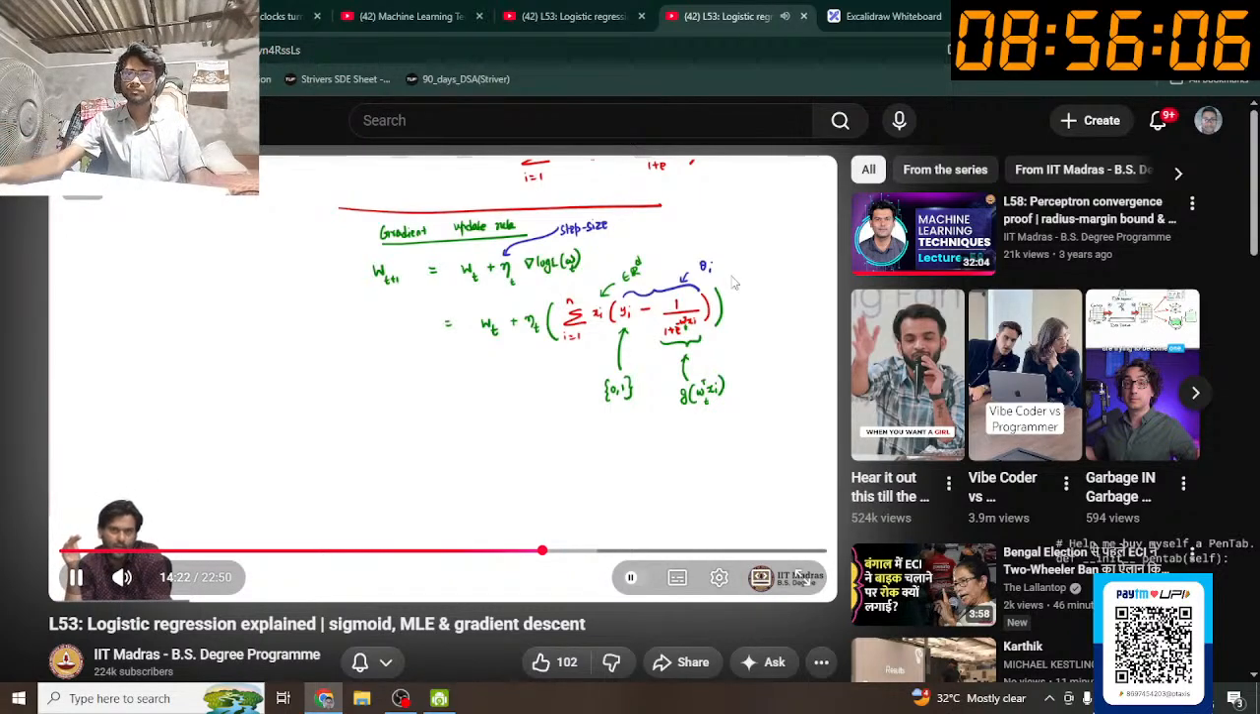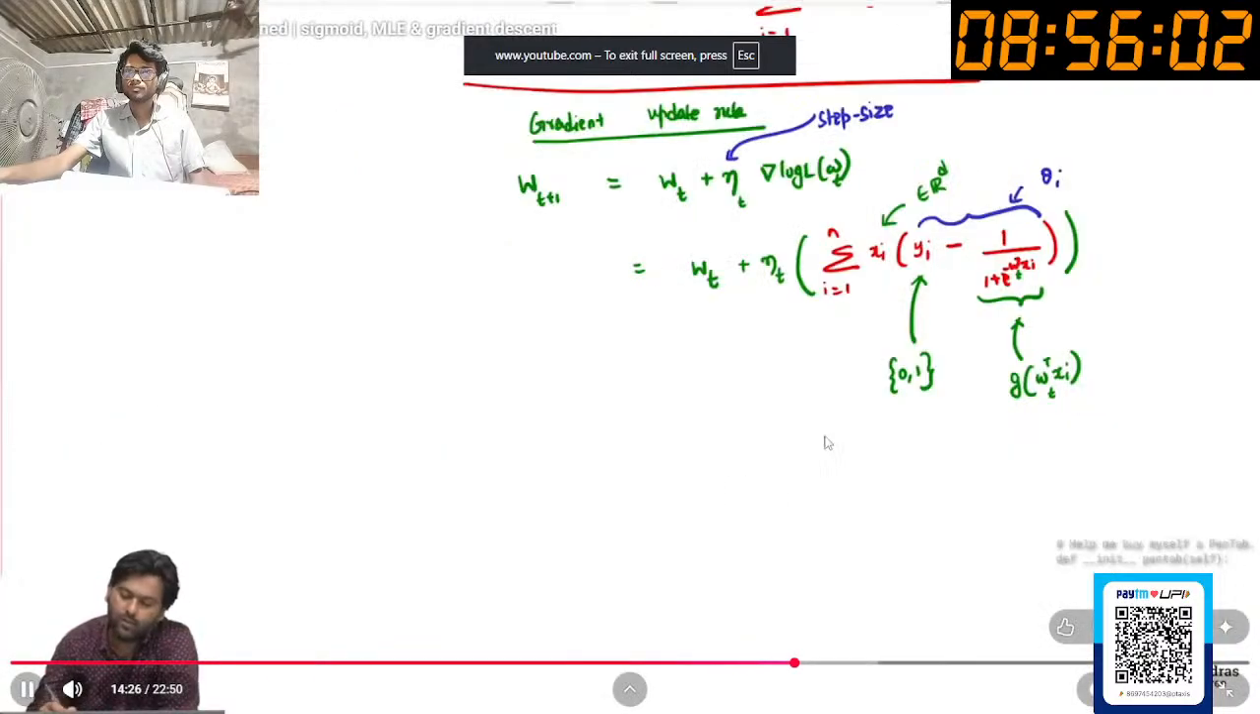If the chance is high and the point is actually labeled 1, then this difference is actually